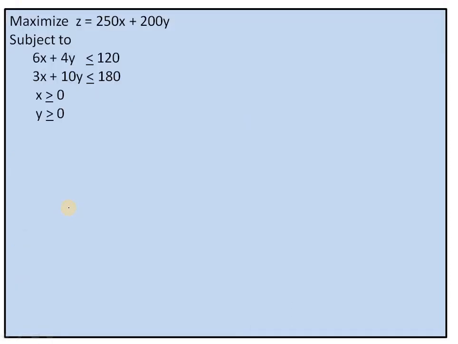Let's move ahead. Now this is what we have to maximize. Now these are inequations. What is this? It is an inequation. 6X plus 4Y equal to 120 is an equation, and 6X plus 4Y less than or equal to 120 is known as an inequation. So we now have to find the graph of the line, and we have to find the feasible region. Now what is that? Let us see.